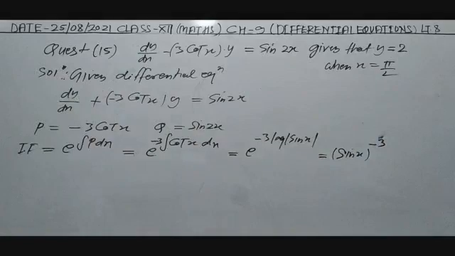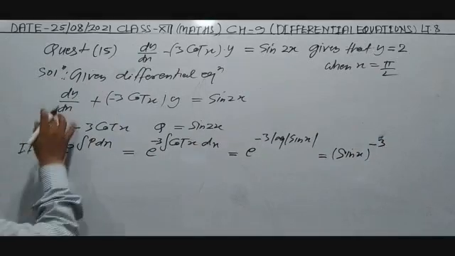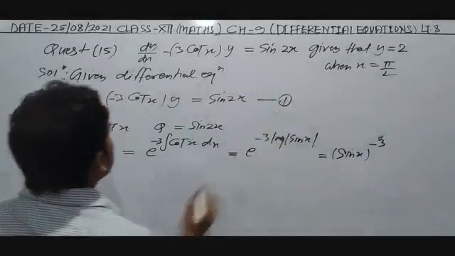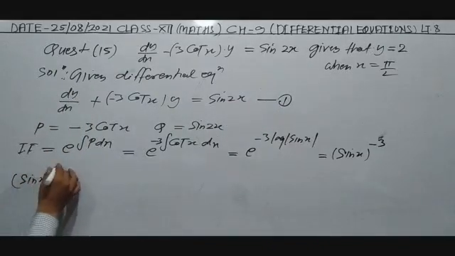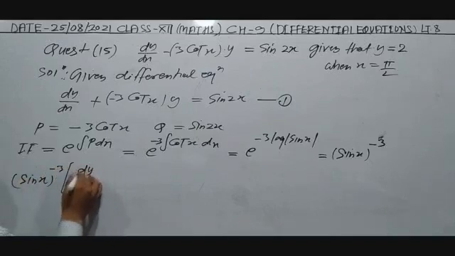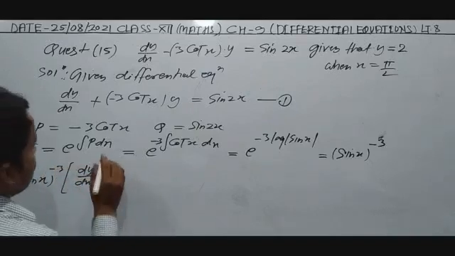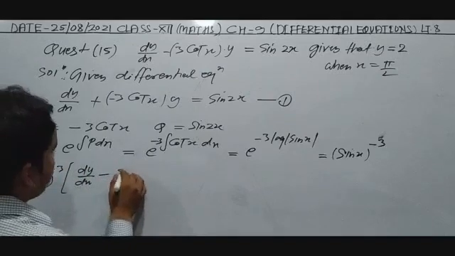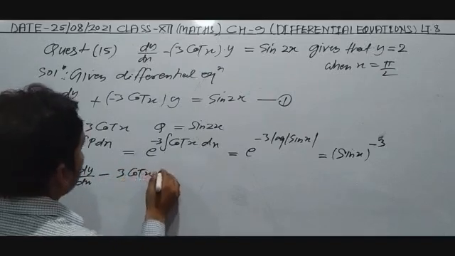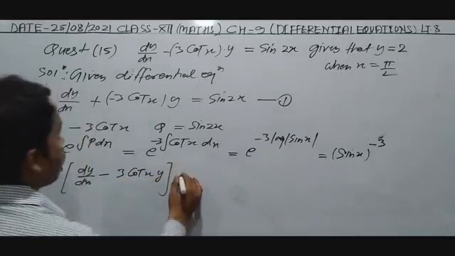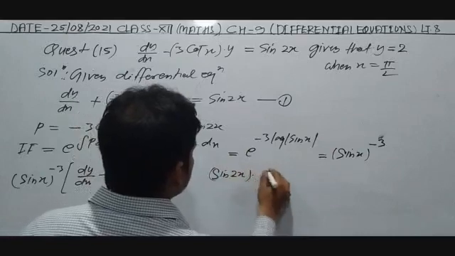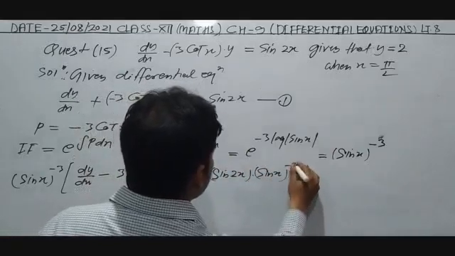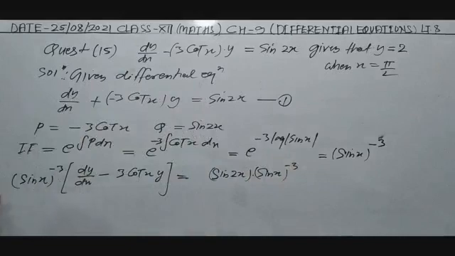Now we have to multiply this factor to equation 1. So the result will be sin x to the power minus 3 dy/dx minus 3 cot x y is equal to sin 2x into sin x to the power minus 3. Now this is the differentiation of